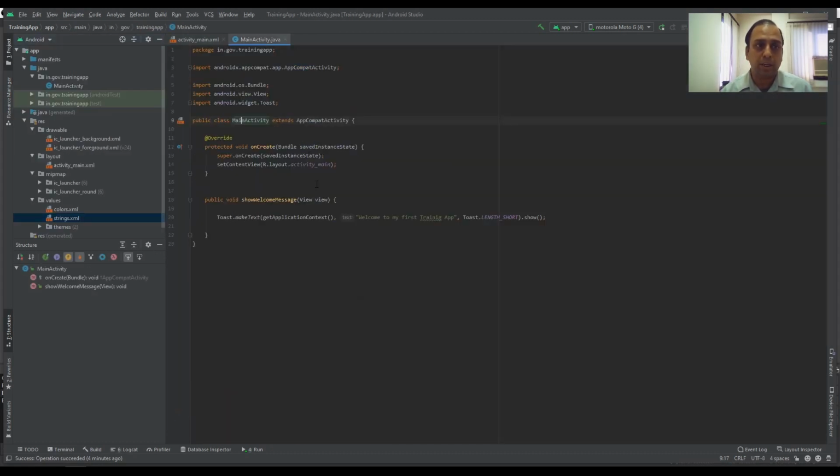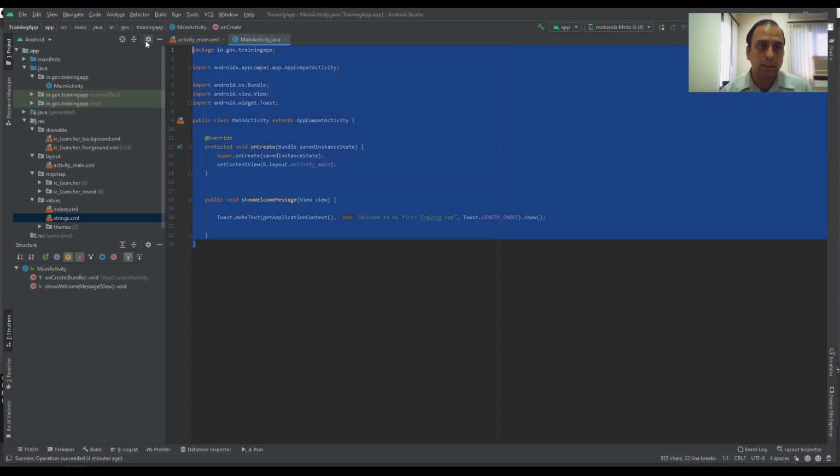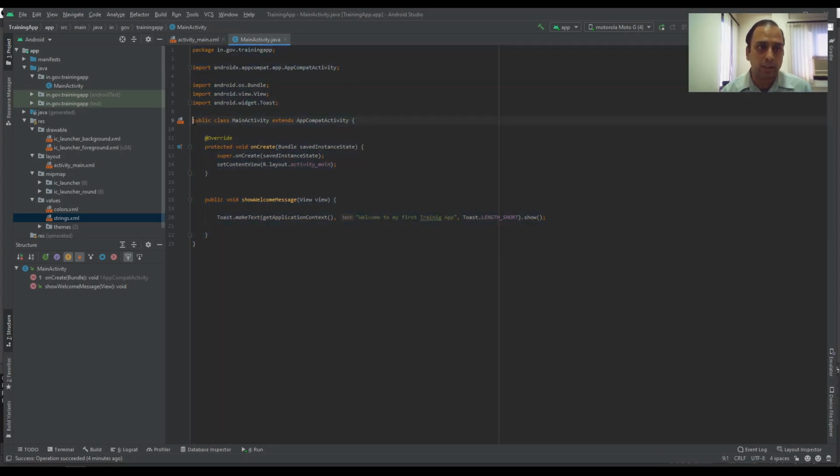If you go to main activity, you can see within main activity this is the start of the activity, this is the start, this is the end. This entire thing is the activity, but this is the start of the class which is used for activity, this is the end. Within this, from here to here, you have two functions. One is onCreate, which is being overridden, and one is show welcome message.